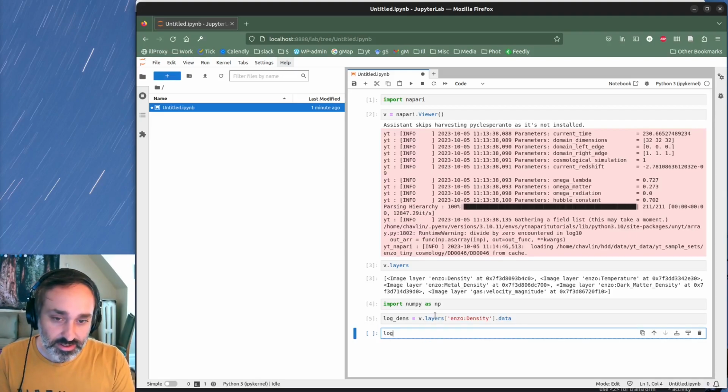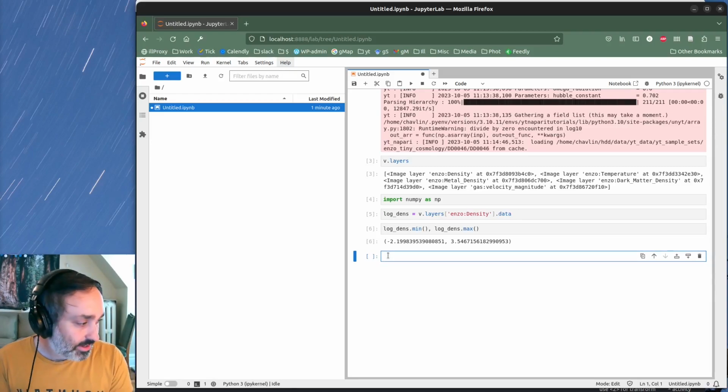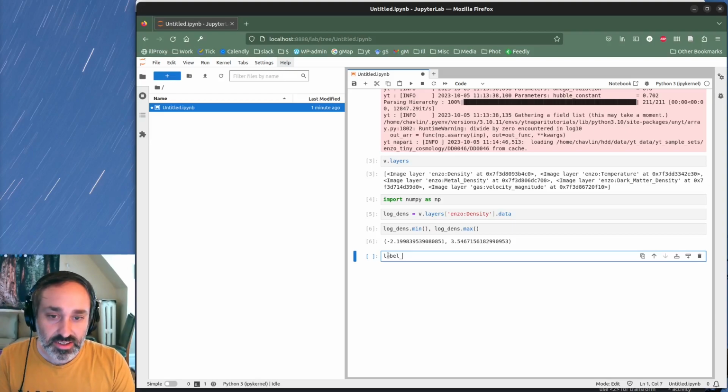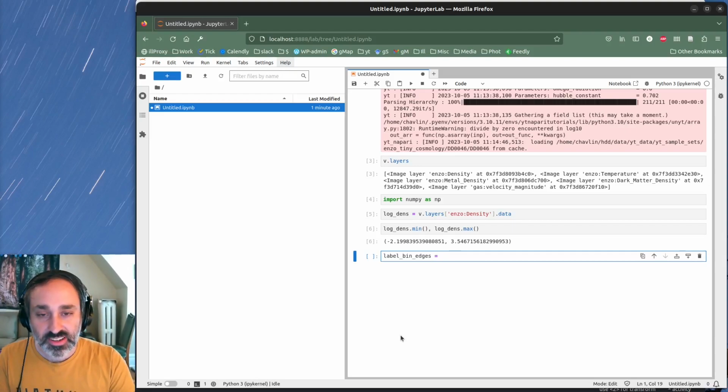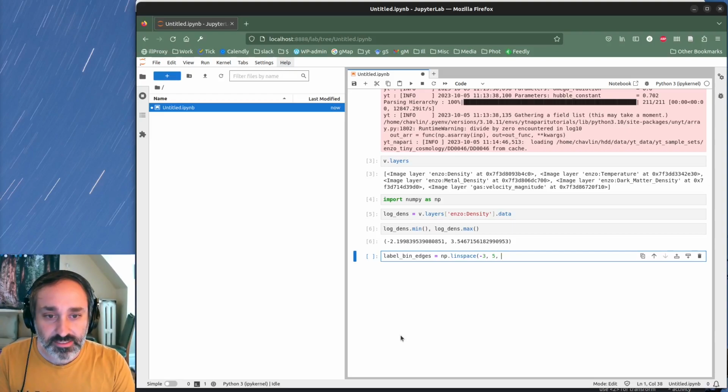And let's just get a sense for the dynamic range of our density field here. Okay, so let's create some bins. So we're gonna create an array that is the bin edges for our label. So these are going to be bins in density, and we'll just go from -3 to 5,